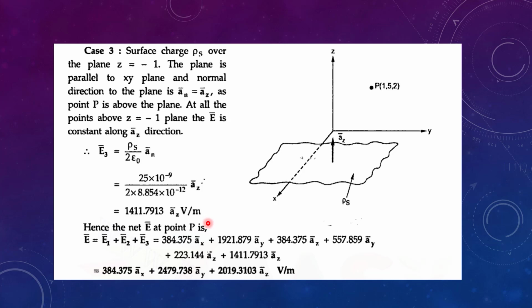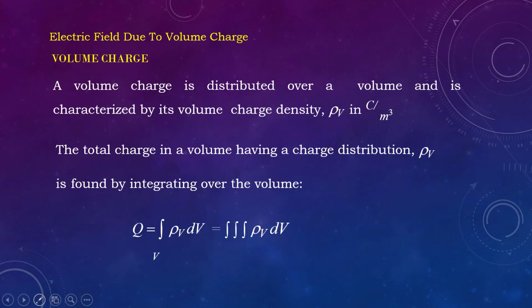Now, once we have got all three intensities at point P due to the different charge distributions, we will add all three intensities and find the final intensity E bar, or E total you can call, equal to E1 plus E2 plus E3. So we'll add all the AX components, AY components, and AZ components. The final solution is given in the chart in volts per meter. In this way we can find the intensity due to all charge distributions together.